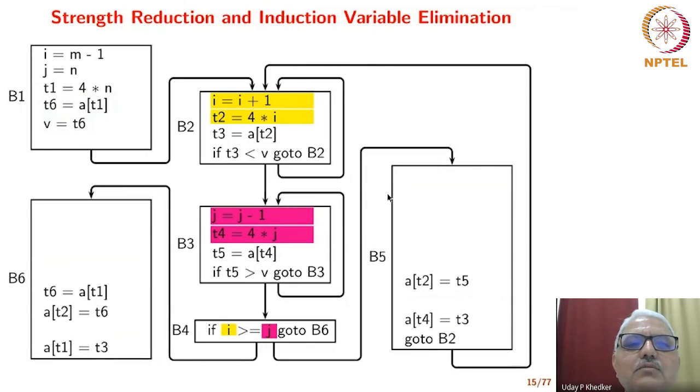So let's talk about strength reduction and induction variable elimination. This is another optimization. An induction variable is a variable that controls a loop, and we can eliminate those variables. By strength reduction, we mean that we would like to replace high strength computation such as multiplication by addition, because there are fewer multipliers on a processor than there are adders.